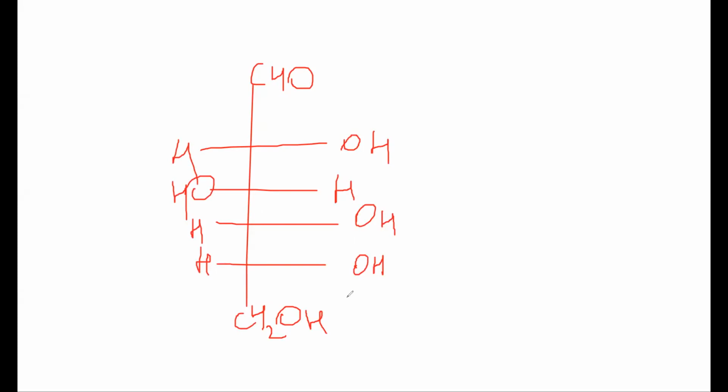If you remember, I told you D-glucose is the one that will turn light towards right, right? So here the aldehyde group will be this, that CHO group on the top, that will be the aldehyde group. This is significant in our test, okay?